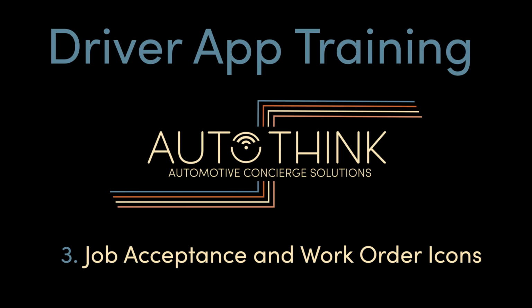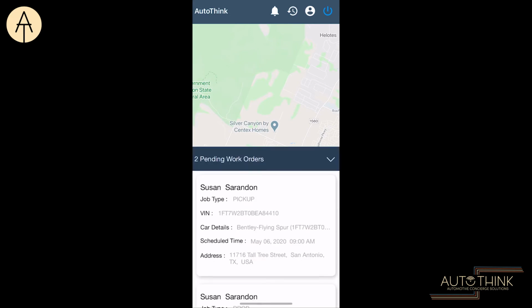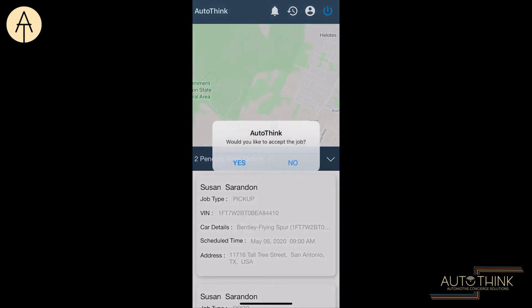Section 3. Job acceptance and work order icons. The bar on the bottom of the screen that is labeled Pending Work Orders is where you will find all of your allocated jobs. When you press the bar, the work order previews will become visible. When you touch a work order preview, it will create a pop-up box asking you if you want to accept